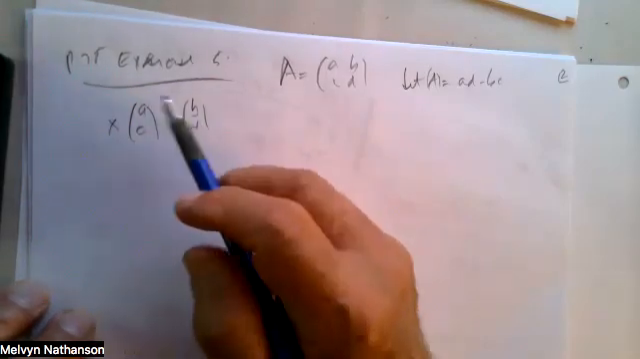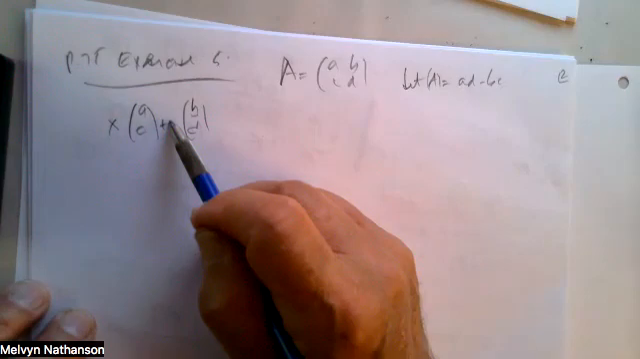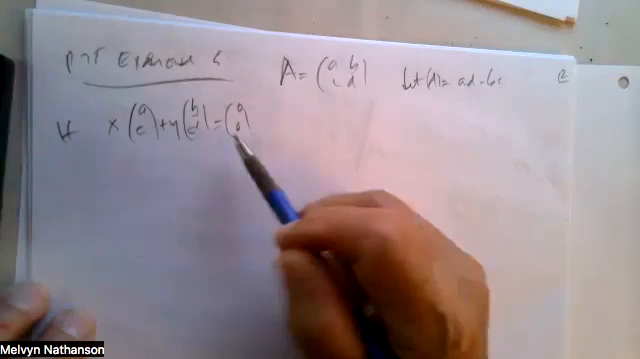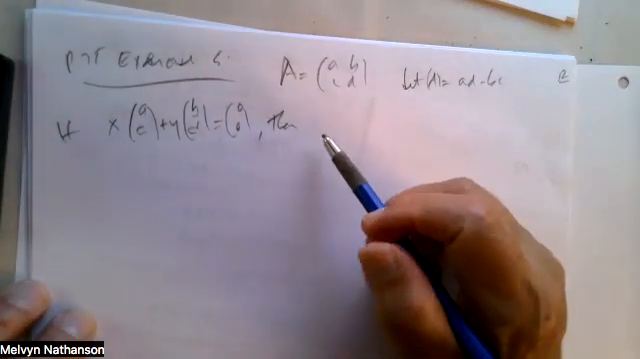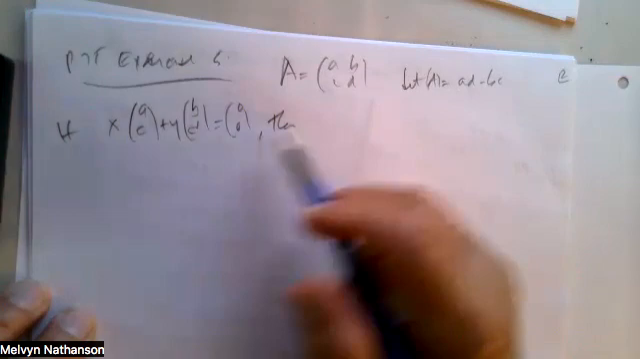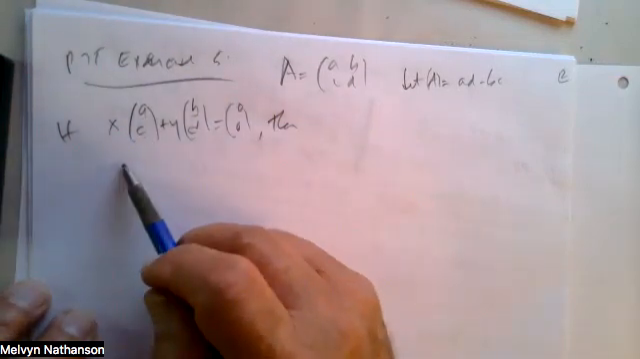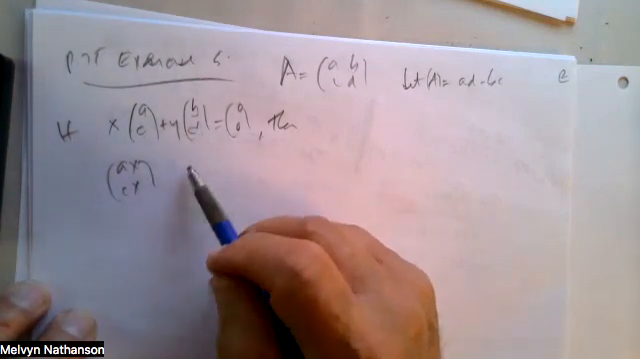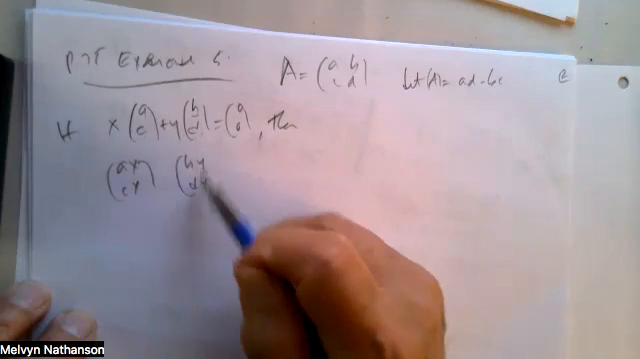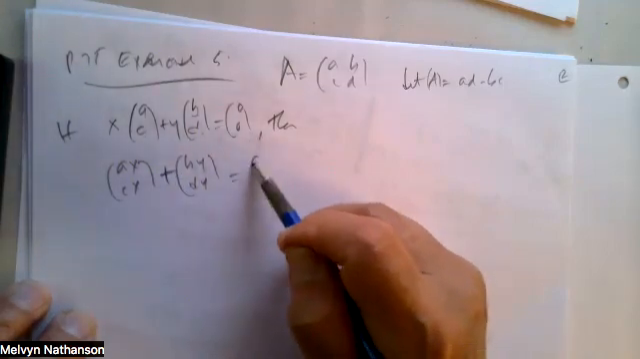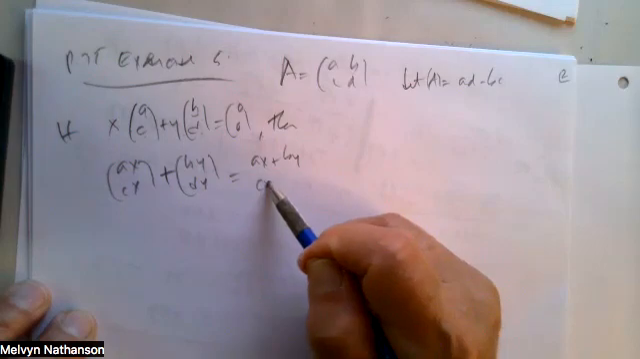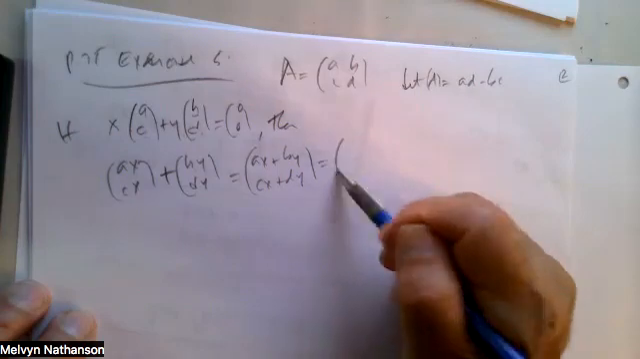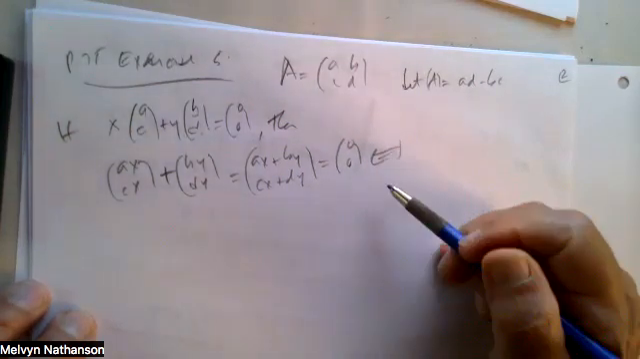So suppose X times the first column vector and Y times the second column vector is 0. If this is the case, then how can we write this? X times (A, C) is the vector (AX, CX). And Y times (B, D) is the vector (BY, DY). And if we add them, we get (AX plus BY, CX plus DY). So that's the sum of these two vectors. And if that's equal to (0, 0), that's the case if and only if